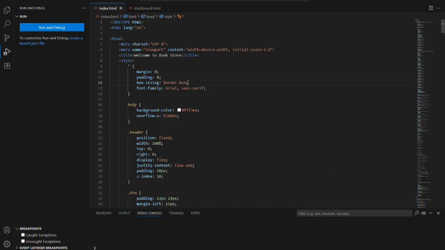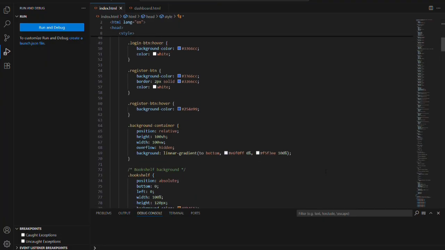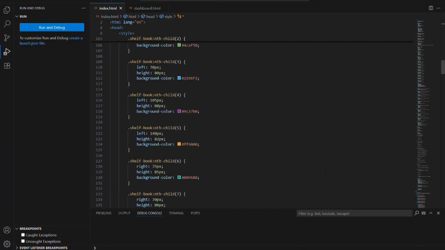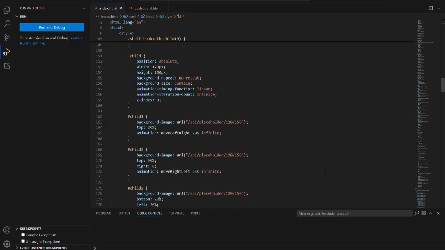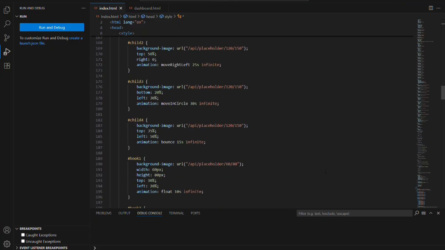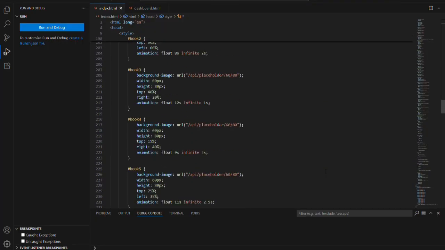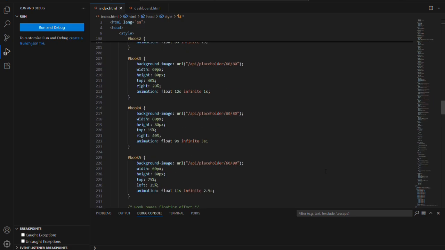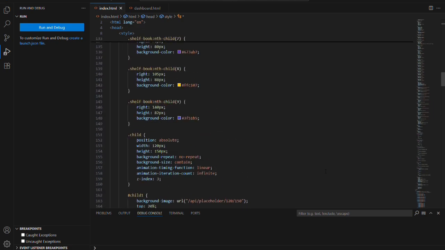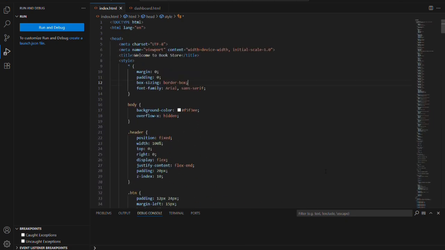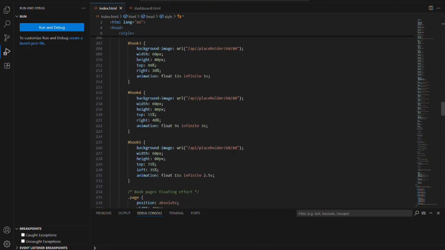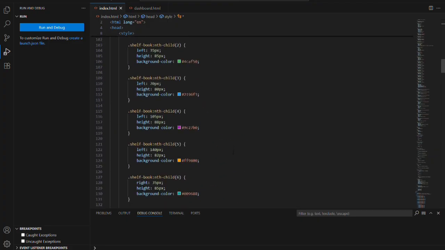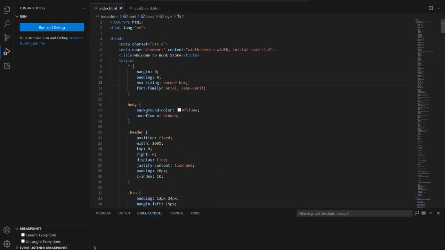So now coming to the index page, this overall code represents the index page for a bookstore website designed to welcome users and encourage them to explore the collection of books. The page features a visually appealing layout with animations, a header for navigation, and a welcoming message. The key components involved in this index page are the HTML structure. The document begins with a doctype HTML declaration, where you can see at the top layout,